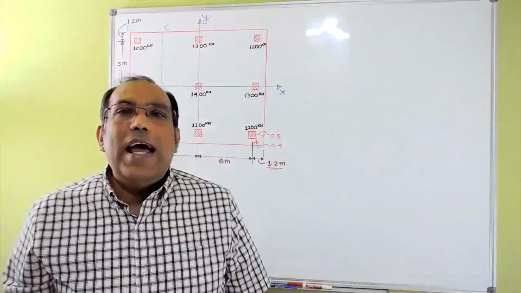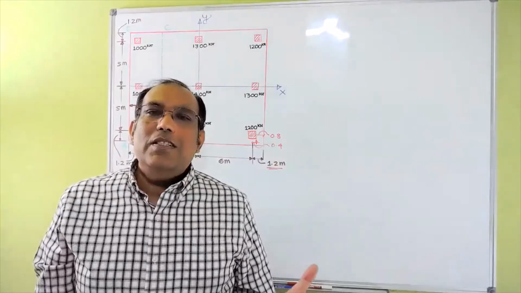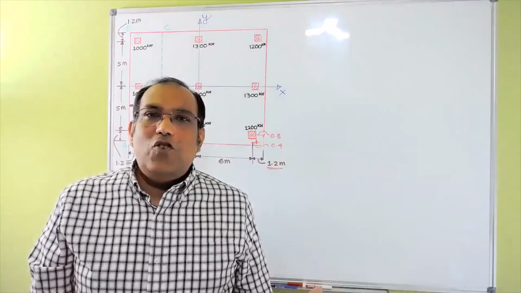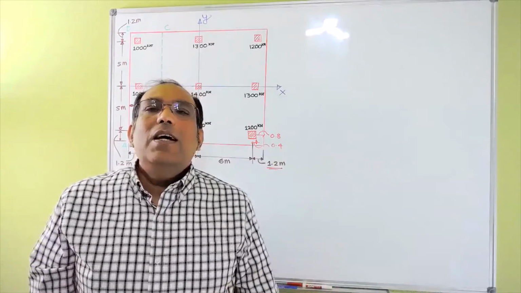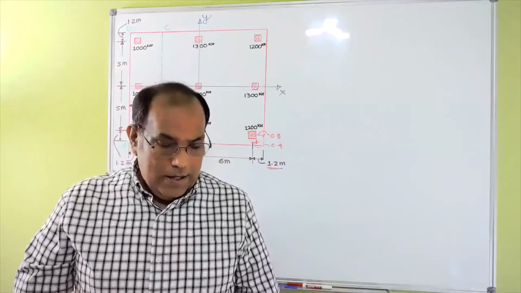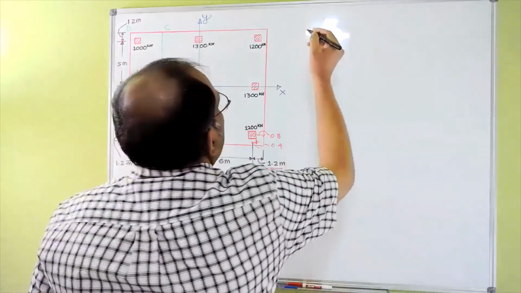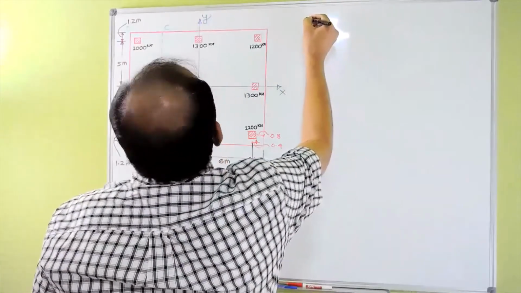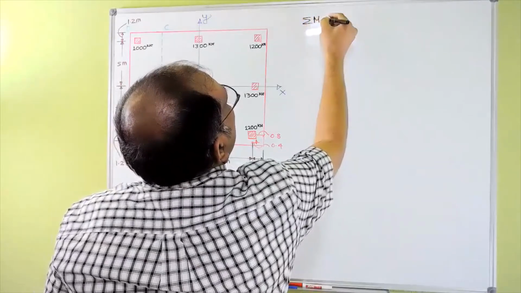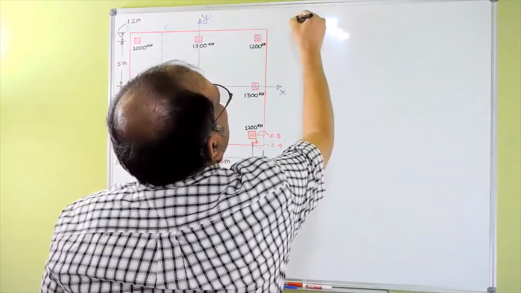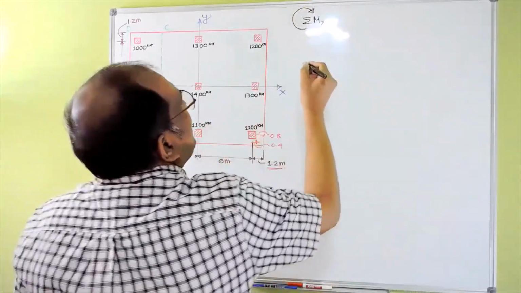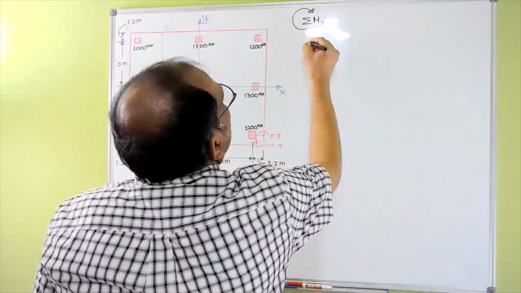I took the axis origin 0, 0 at the centroid of this mat foundation, just at the middle here. So you can see if I take the summation of moments in the x direction,